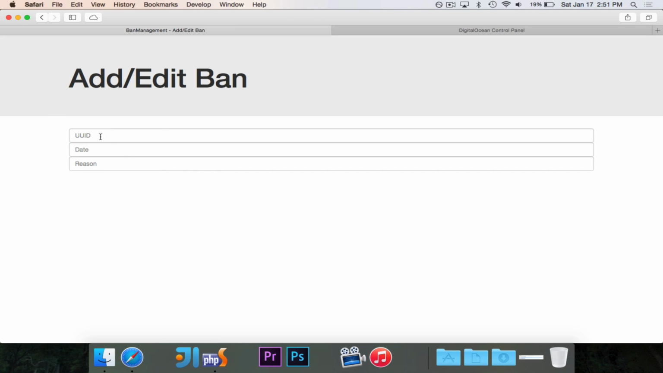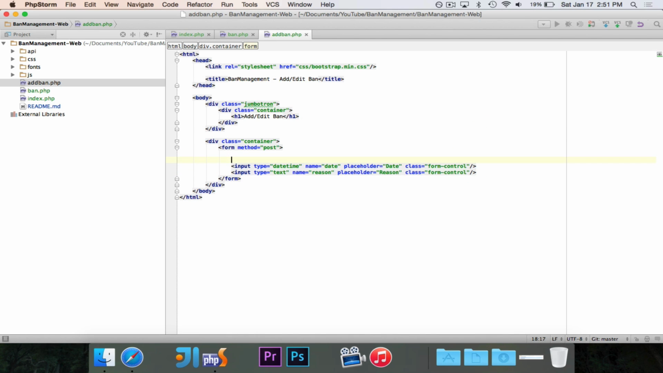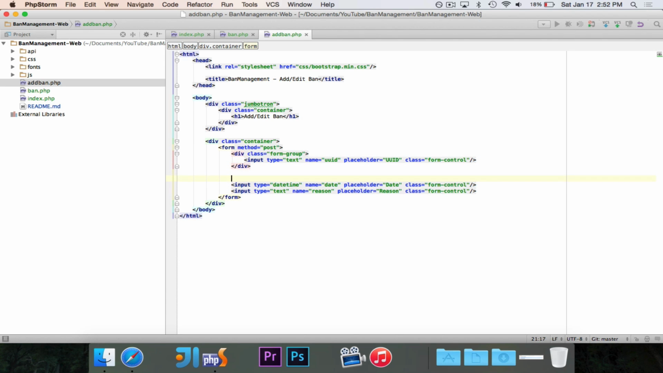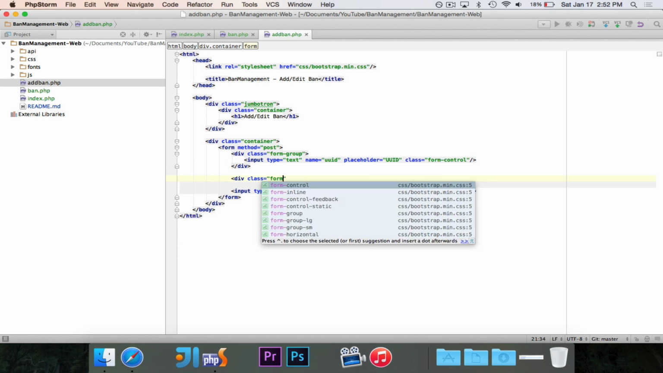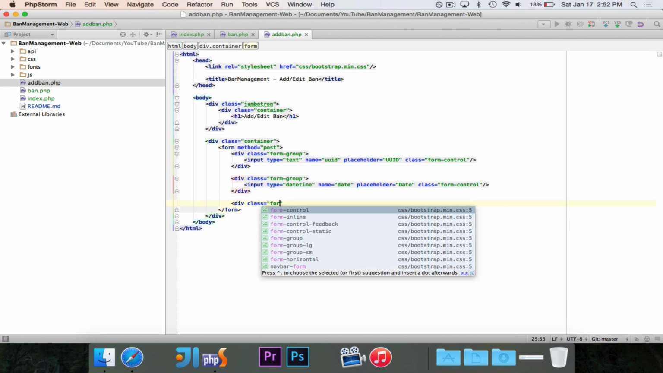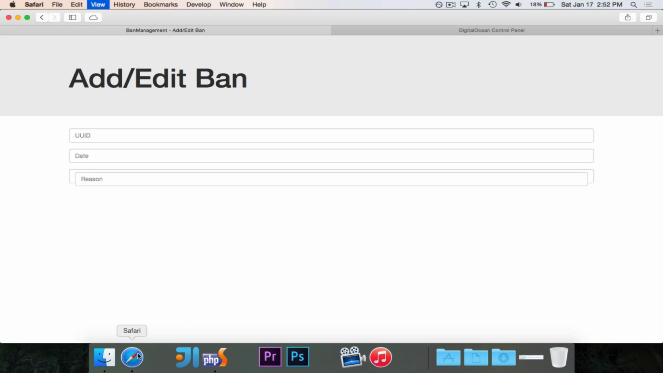And finally, they're a little bit too close to each other, so we're going to stick each of them inside of a div class equals form-group. We're going to stick each of them in a form group, and then that'll give them a little bit of space from each other. Form group, and one more. We'll do that. Okay, that